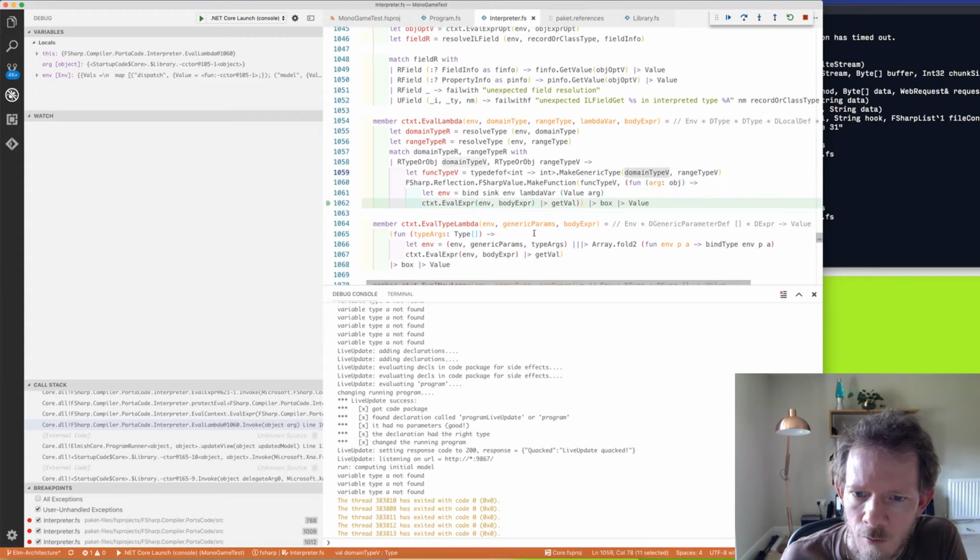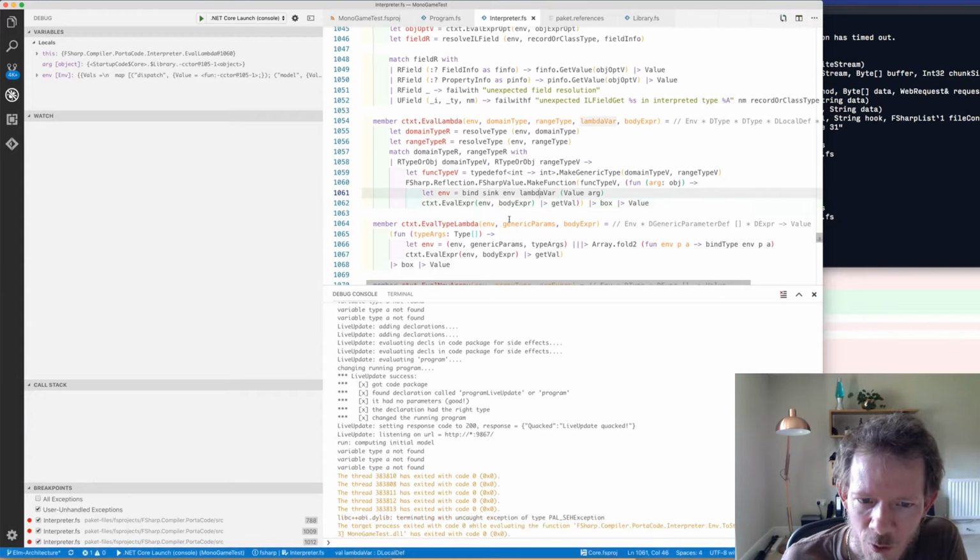Then it's making a function using that generic type, which takes an argument, which is an object, and then it binds a new environment to the lambda, I think. Then it evaluates the expression, which is,